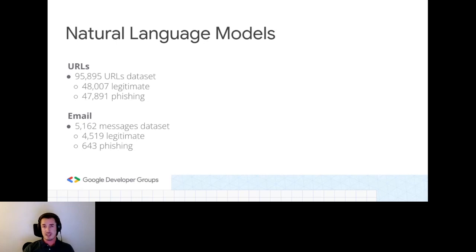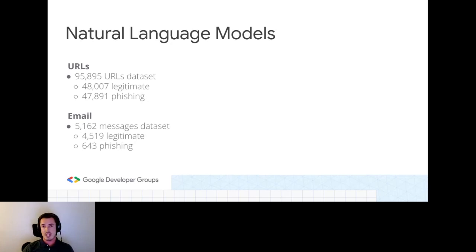I have used two data sets for this. One data set was for the URLs, and the other one was for the emails or messages that we come to. The reason behind this is that when we receive an email, we have a sender. That sender comes from a domain that has been registered, unless it's from a public email provider, such as Gmail or Outlook or Hotmail.com. That one still has a domain, but it is not tied to an organization, the way a custom email domain would be.